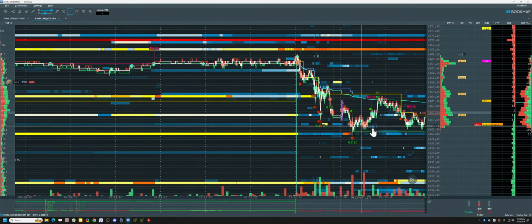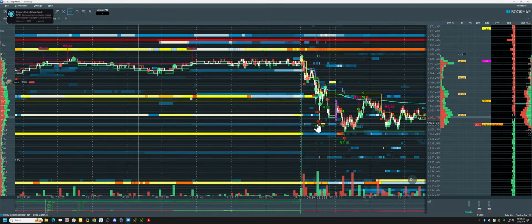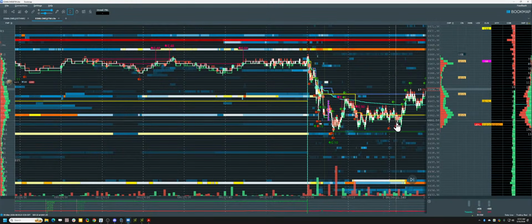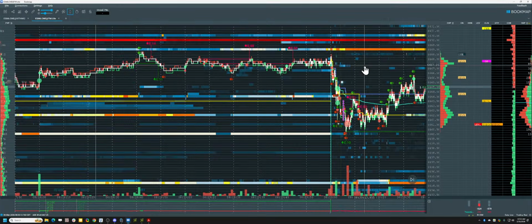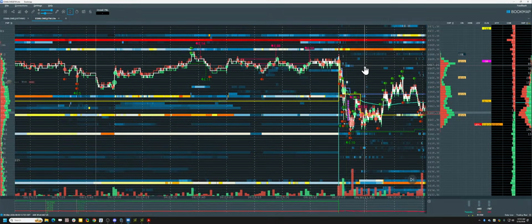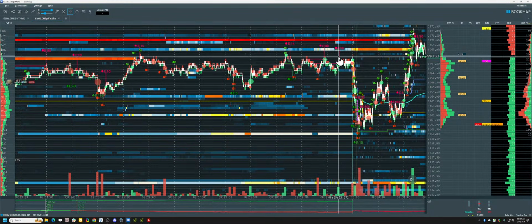So I'm looking now for absorption, and I'm looking to cross over this, which sets up back here and then out the top. That's the trade I'm looking for, and I'm sticking to it, and unfortunately or fortunately, whatever happens, happens. I take a long right here, very, very aggressive, and actually I didn't get scaled here. Trade in context. There's my scale. So I'm going, I got you now.